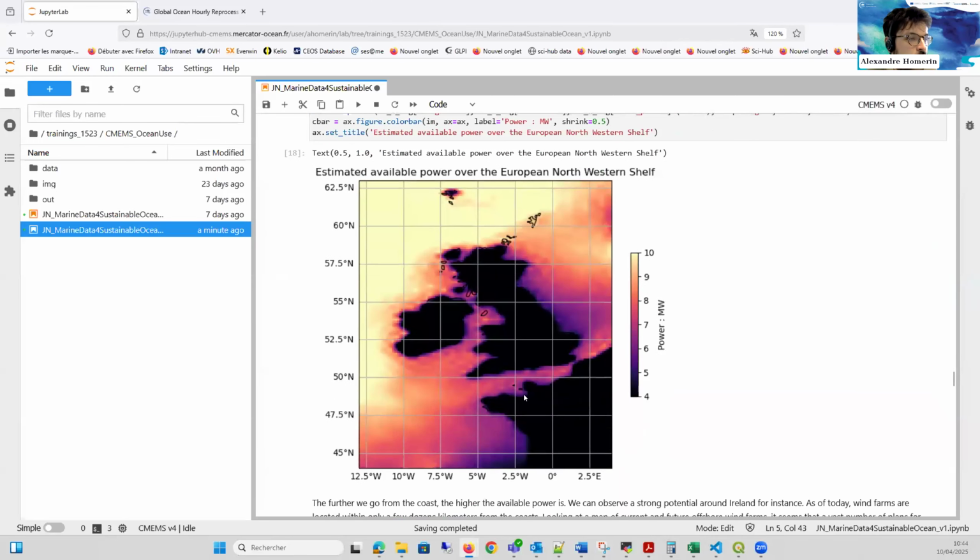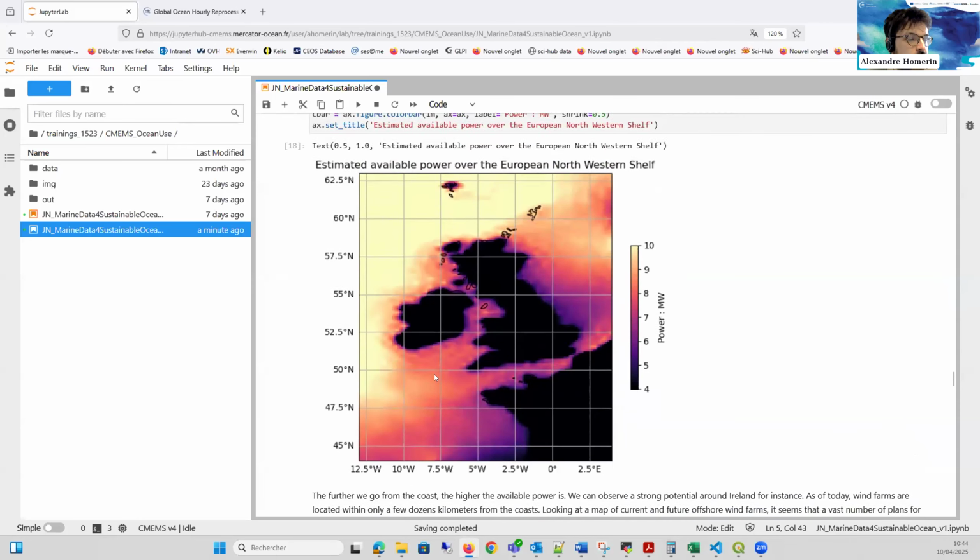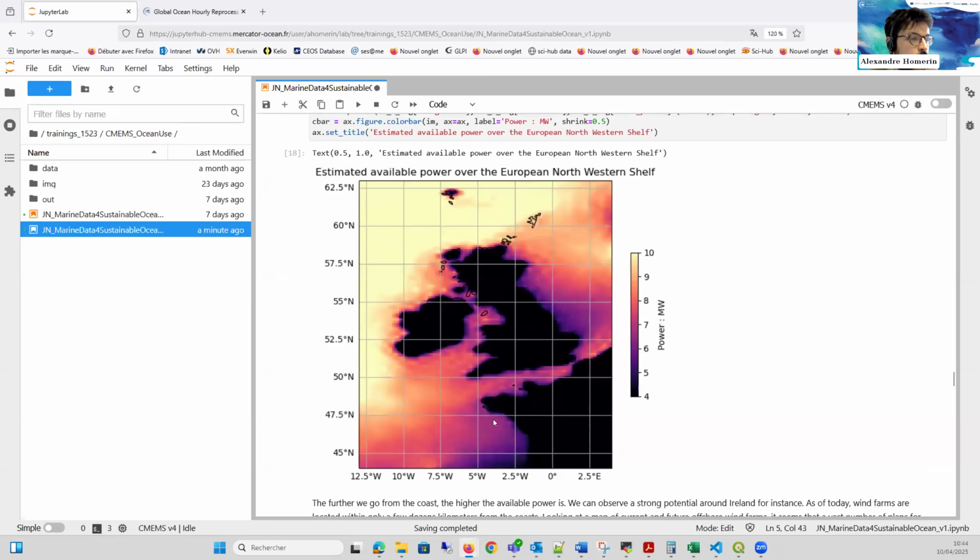And when I draw this on the map, this is the estimated potential power retrieved by one wind turbine over the area. And what we expected is verified here: the further we go from the coast, the higher the potential for wind power is,